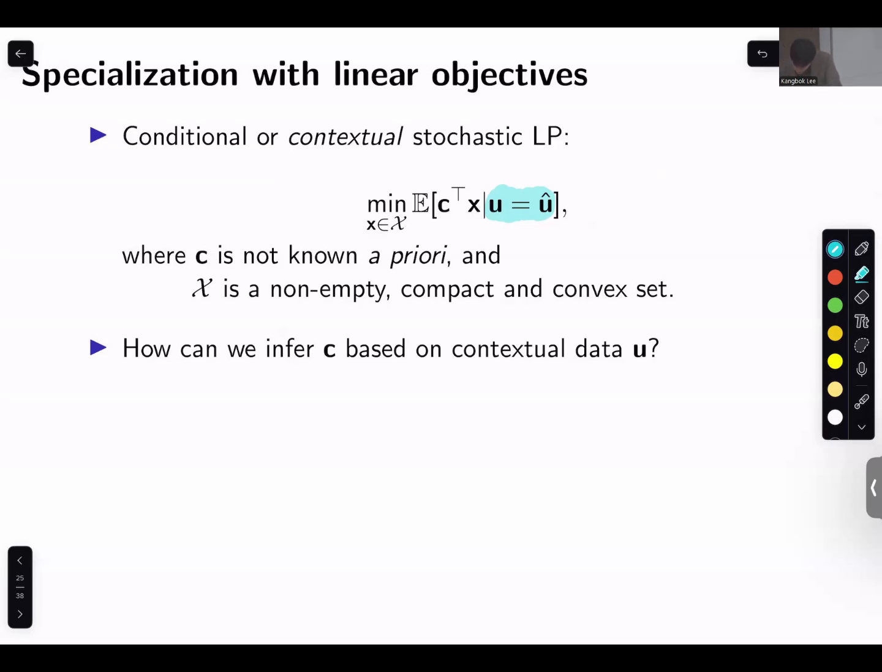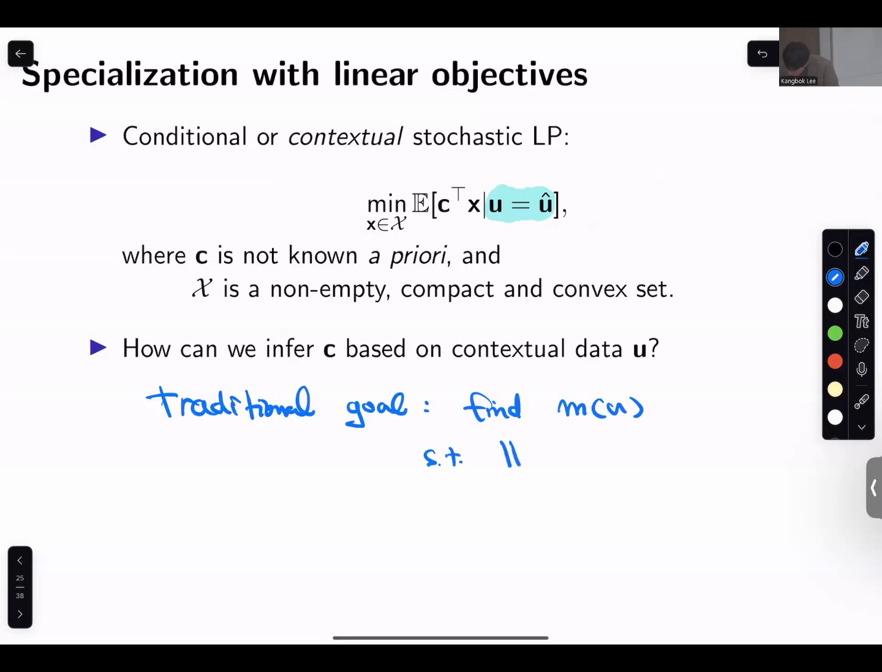Okay. So I don't have text here, so I'm going to be writing. But basically, the traditional goal is to find M of U such that M of U minus C is minimized. That's the goal of traditional prediction, whereas